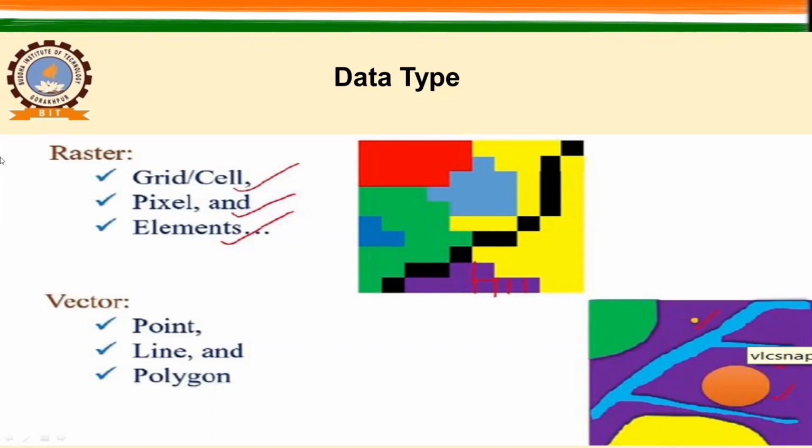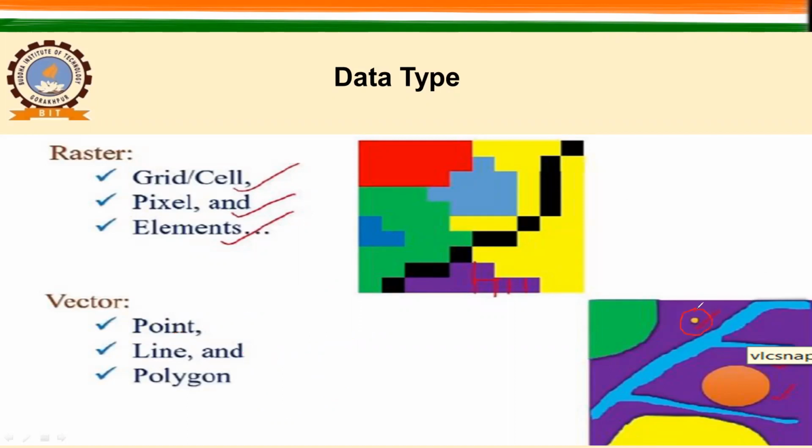So I guess you are familiar with the point, line, and polygon. ये तीन पॉइंट जो है वो उससे आप familiar हो गए, point, line, and polygon से, right? So I guess you are already aware, you are already familiar with these. Now let us see how exactly it is different from the raster. So here you can see this is 1 point. Okay, I will show you how these are different.